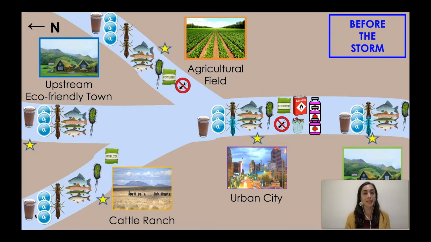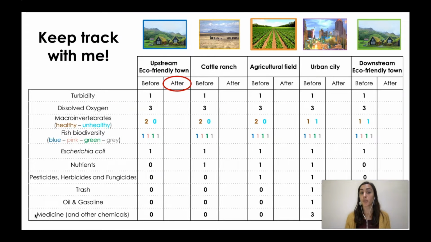definitely you can see that there is a lot more of some of the stuff and not as much of some of the other stuff. We need to figure out exactly what is happening. So to do that, you are going to grab this data sheet that we used last time, and we are going to record the numbers that we get for after the storm event to be able to compare how much they changed. Maybe they increase, maybe they decrease, maybe stay the same. So we're going to do that real quick all together.